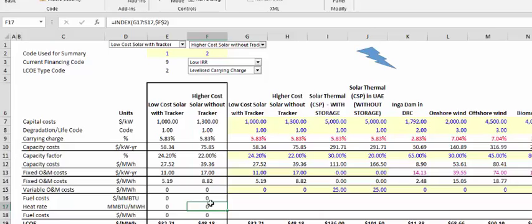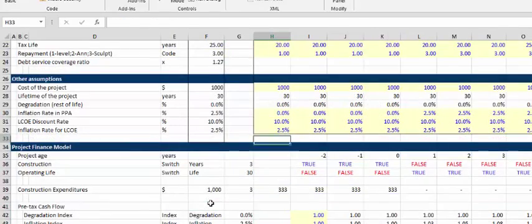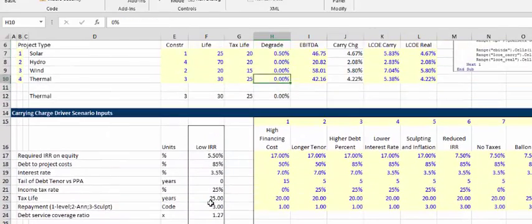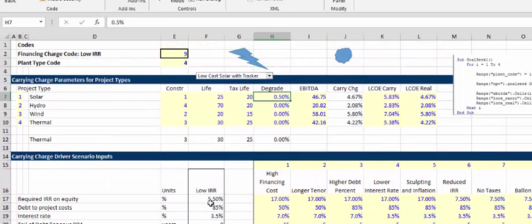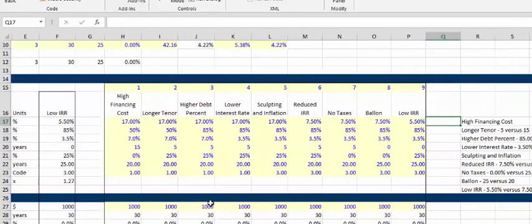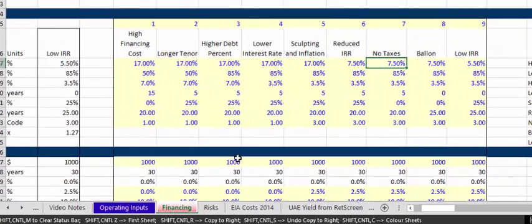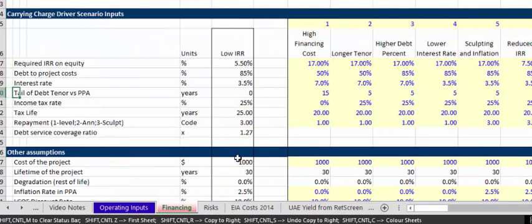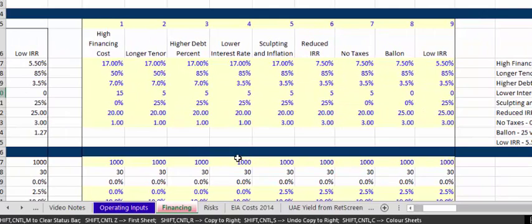We're going to study all the different kinds of financing. This time I'm including degradation, different construction periods, different tax lives, different loan tenors, interest rates, whether you can sculpt, you can put inflation in the PPA and sculpt it. What happens if you have no taxes, and have a balloon payment, which means you have no tail on the debt tenor, and all we have is a